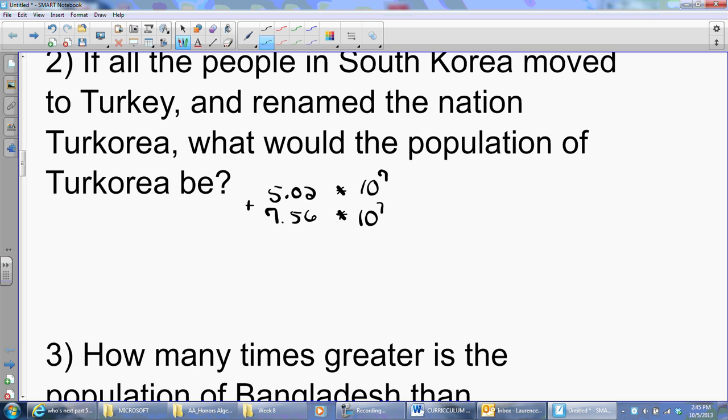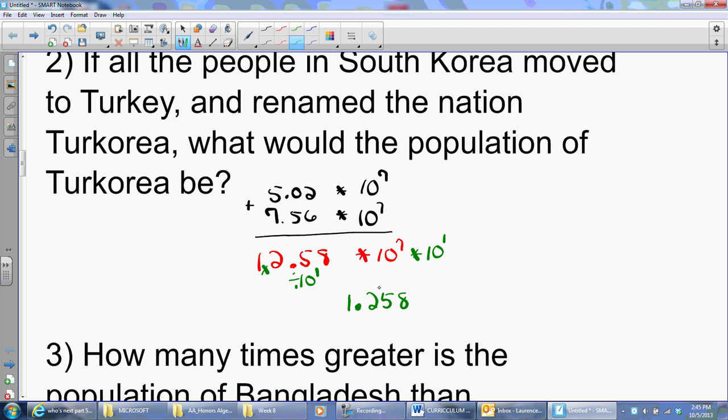I add them together. Well, let's see what I get. I don't have to adjust anything because my exponents are the same, so my answer will be 10 to the 7th. Then I'm going to have an 8, a 5, and a 12. I've made no mistakes in my mathematics, but this answer is not in scientific notation. I need the decimal point to move to here, which means I'm going to have to divide the number by 10. But that means I'll have to multiply this number by 10, and it'll end up being 1 and